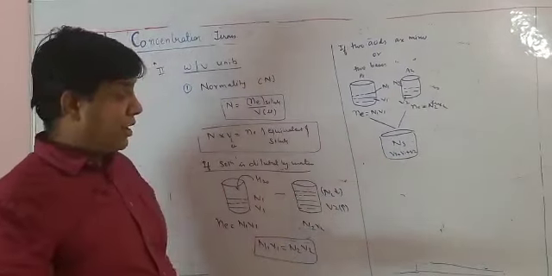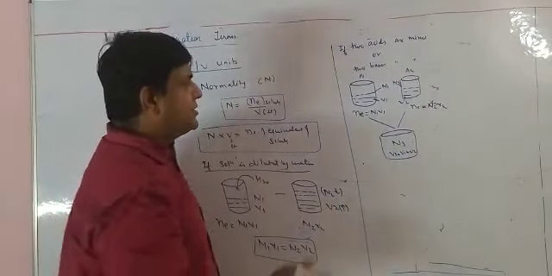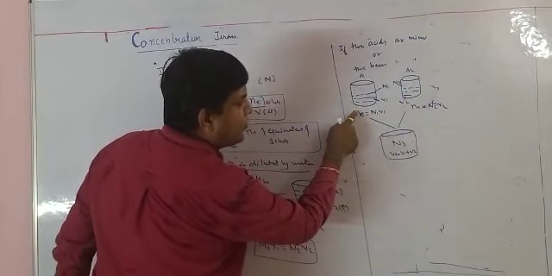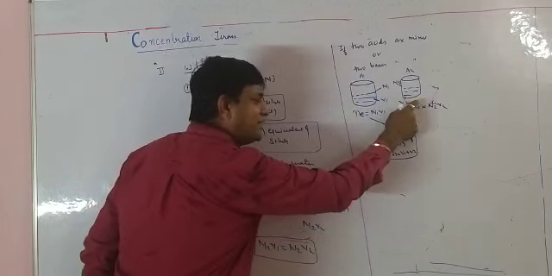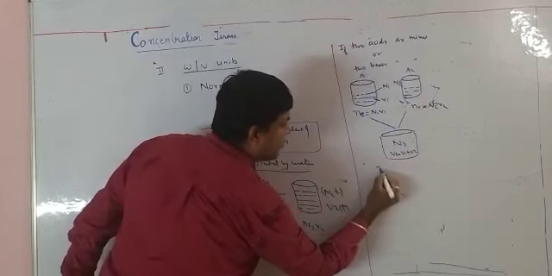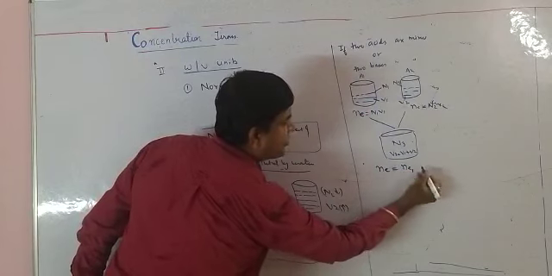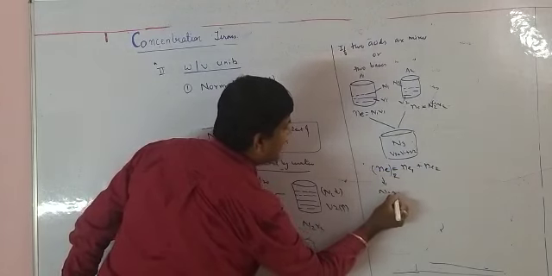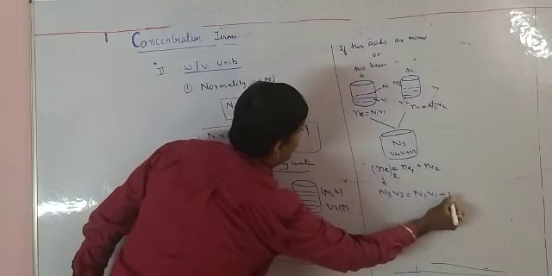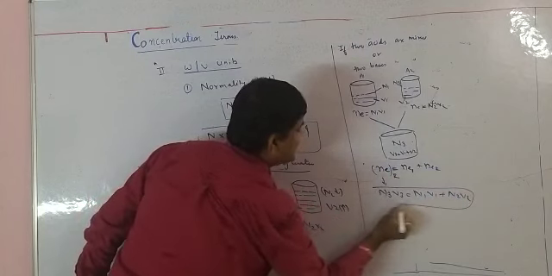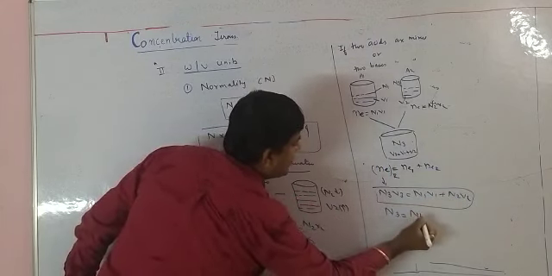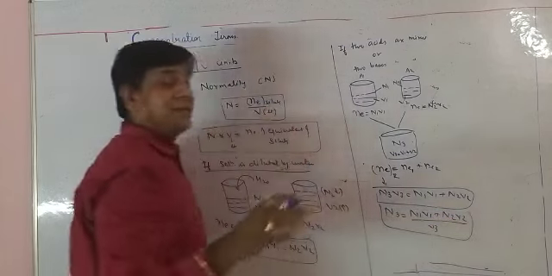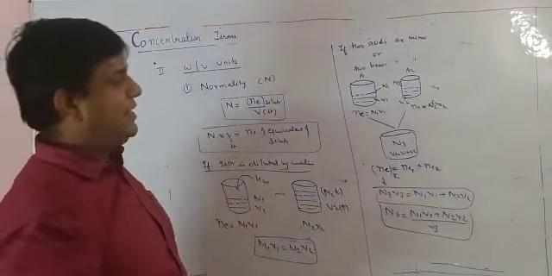Now the question arises, how can we calculate N3? Very simple way. I am mixing this acid and this acid together. So the number of equivalents in this acid and the number of equivalents in this acid will both be mixed. So the number of equivalents in the resultant acid is the number of equivalents of the first plus the number of equivalents of the second. So the number of equivalents in the resultant is N3V3, and N3V3 is equal to N1V1 plus N2V2. This is the easiest way. So the formula is N3 equals (N1V1 plus N2V2) divided by V3. By this we can find out the normality of the resultant solution.